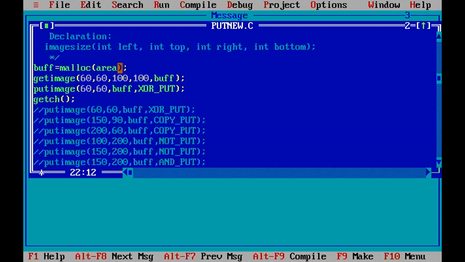If I comment it out, at this stage the object is available in the memory and the object is available on the screen at 60 60. Now if I change it by, let's say, 150 and 90, I want to put it on another location. So it will do the XOR between the location at 150 90 within that area.